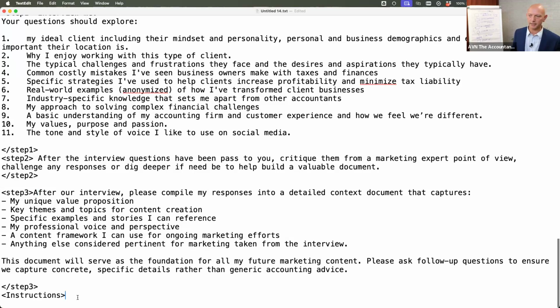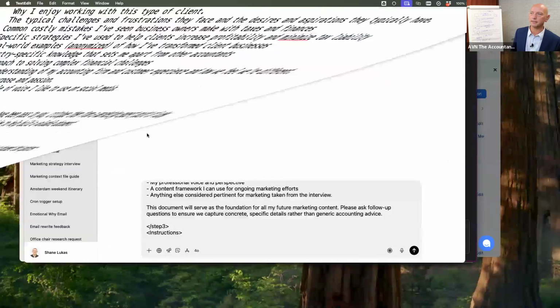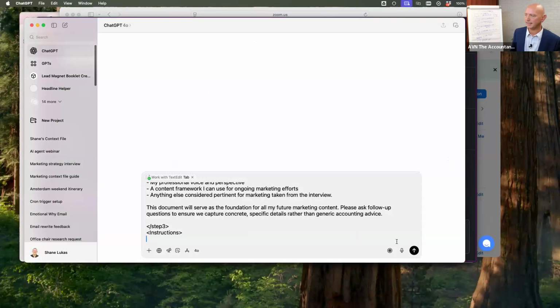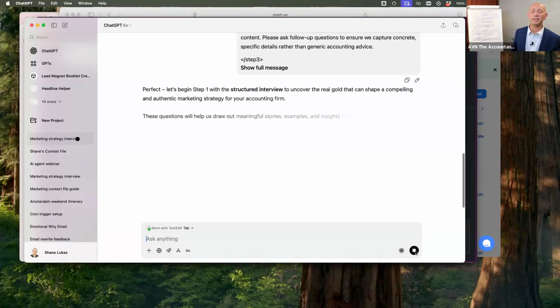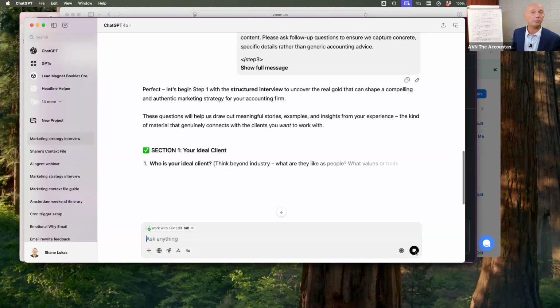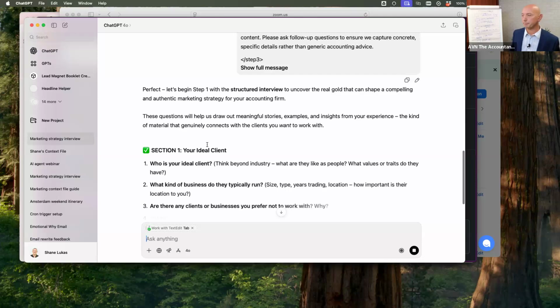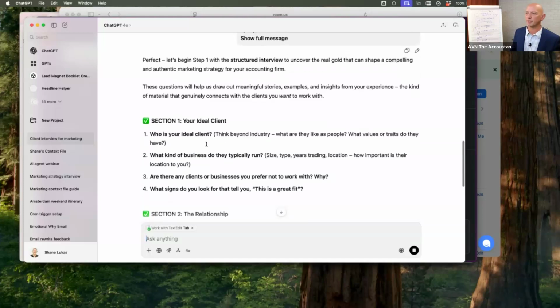All right, so what I can do now, I've already copied it in. I can paste that into here, and this is just normal ChatGPT, by the way. You don't have to use ChatGPT. It could be Claude, it could be Perplexity or Gemini or any of those, Copilot, whatever. Just do the same thing in there.